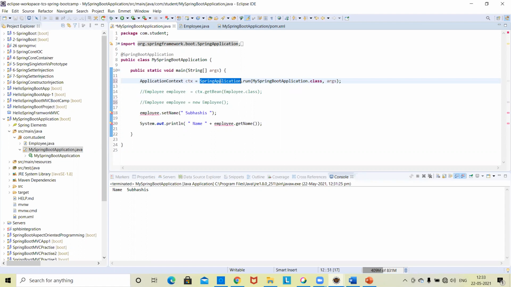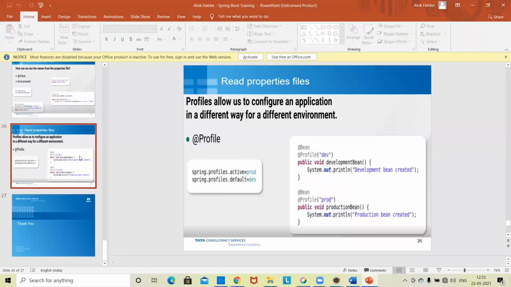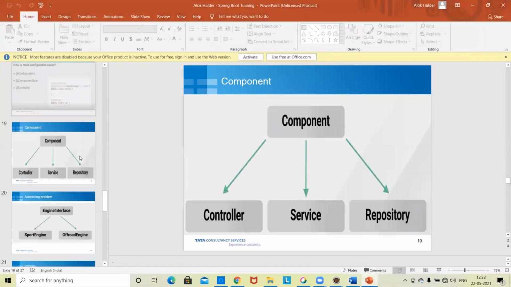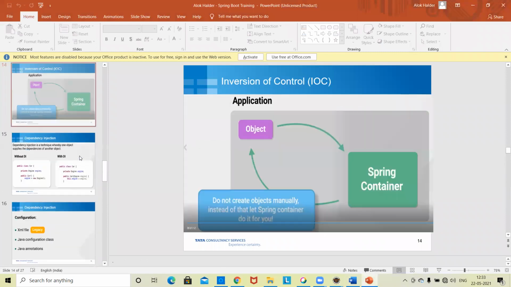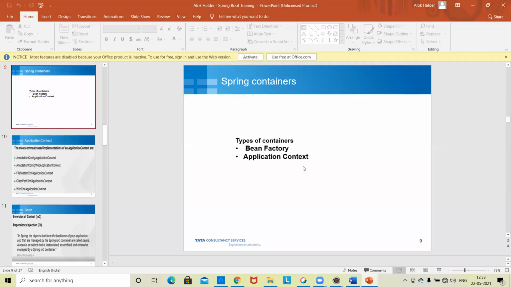So here actually this CTX, this application context. If you think about the PPT, in the PPT there is a section called the types of container. Application context is a container.